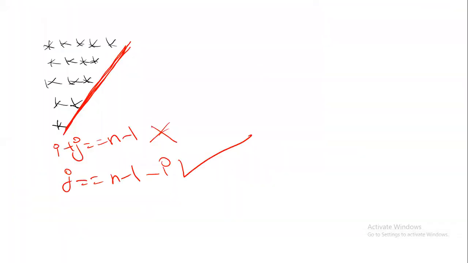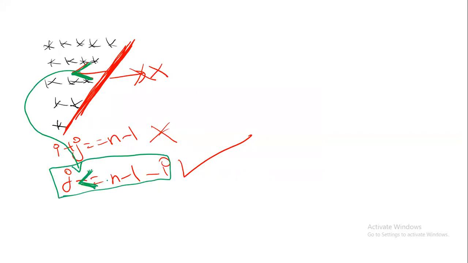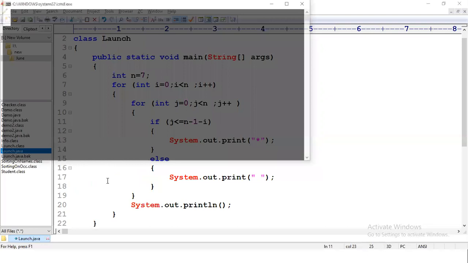And now once we have written j on the left side, you have to think: from this line, are my stars on the left side of the line or the right side? Not the right side, right? It is on the left side. So left side means we'll copy this symbol and paste it here on the line equation. I hope it is clear. So what you have to tell is j is less than or equals to n minus 1 minus i. Okay, j is less than or equals to n minus 1 minus i.